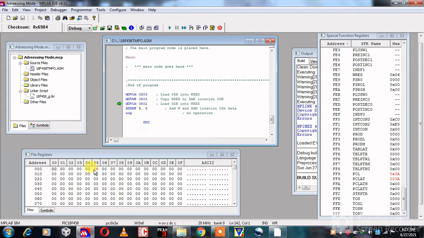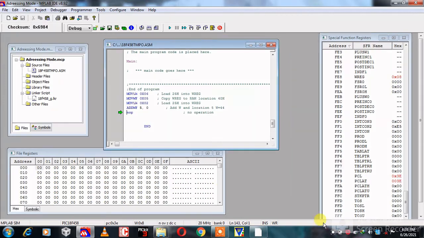Here this is our data. After next step, load 0x02 into working register. You can see here also. And then add both values and the result is stored into working register.